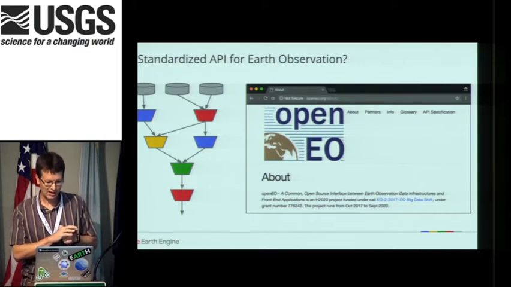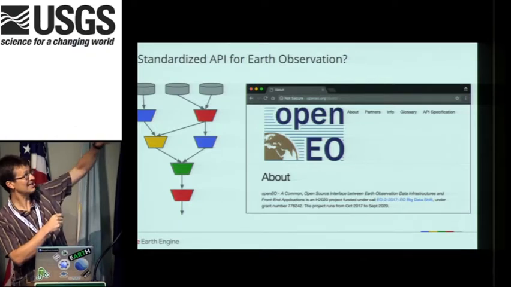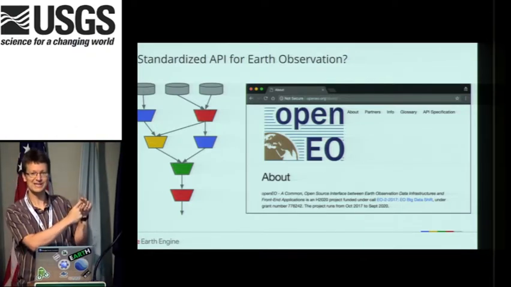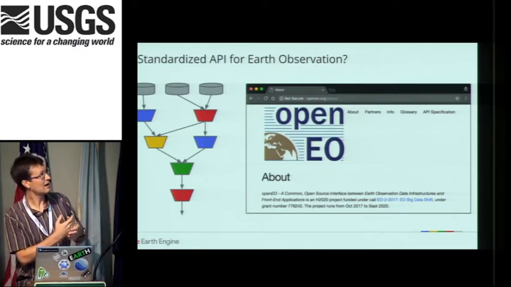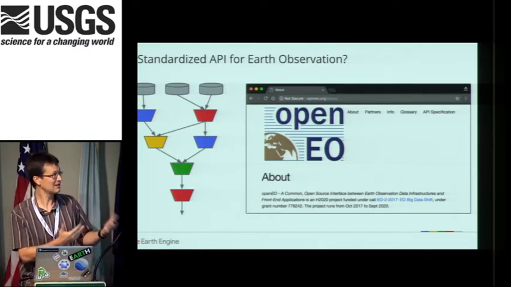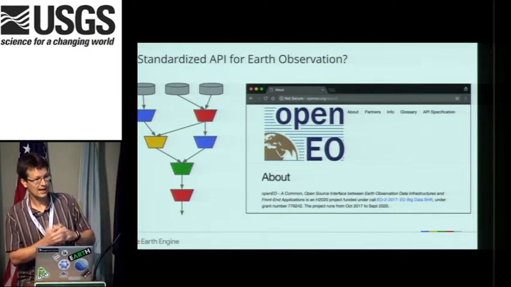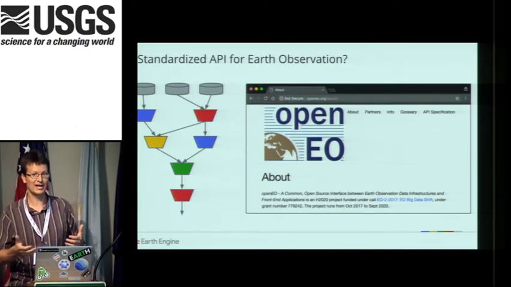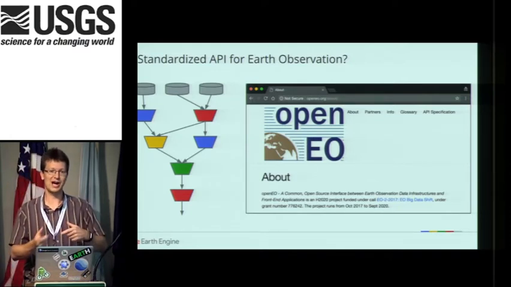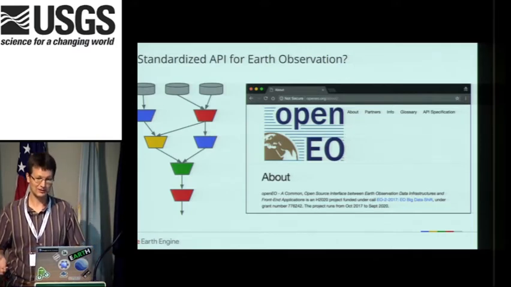Going back to this task graph again that we go through, this is my idea of sort of what ARD is. Any little box in there could be the starting point for somebody's analysis. And we are very open about how we did that in Earth Engine, like publishing the paper, and love to talk about it. I'm excited to note that OpenEO, which is mentioned a few times in here already, is trying to generalize so that it will be an open API that could use Earth Engine under the hood or other geospatial processors as the backend.